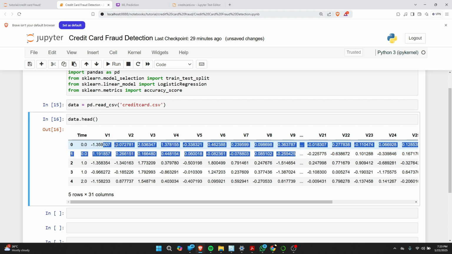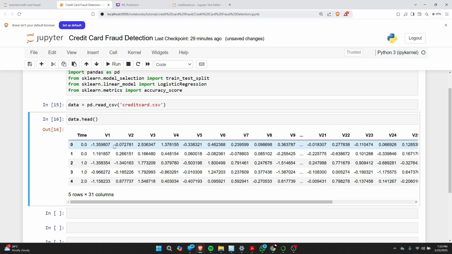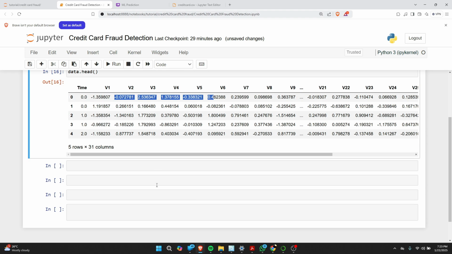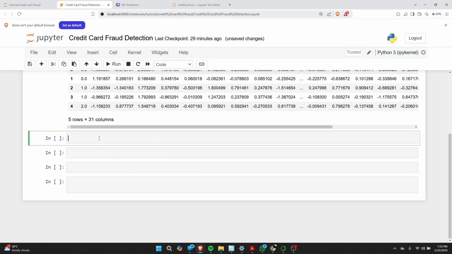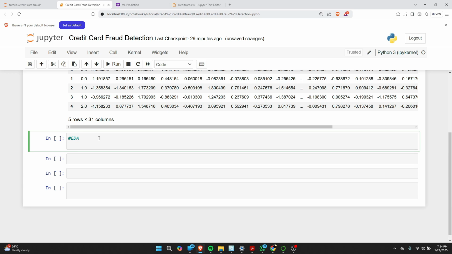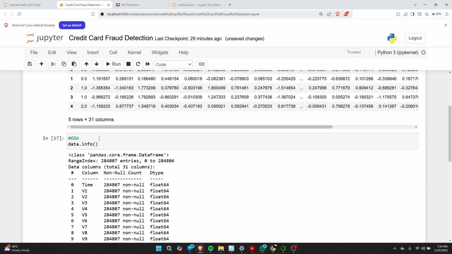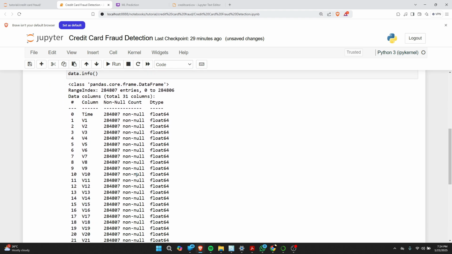Because all that data is sensitive, it is not made public. So what I can do over here is start the EDA process. For the EDA process, we can simply call data.info. Using the data.info function, what we have over here is